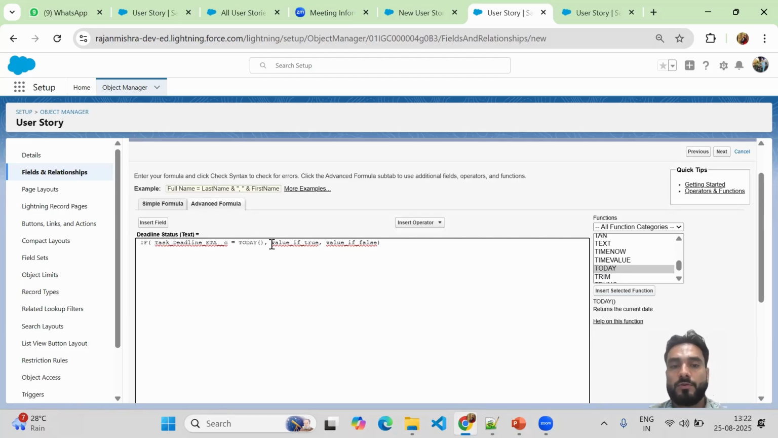okay. So what could be the value if it's true? So it should be pass, right? So I will just give a text as pass. And if it's not today, okay, then in that case it will be fail. FAILED. Okay, so I have given this formula,